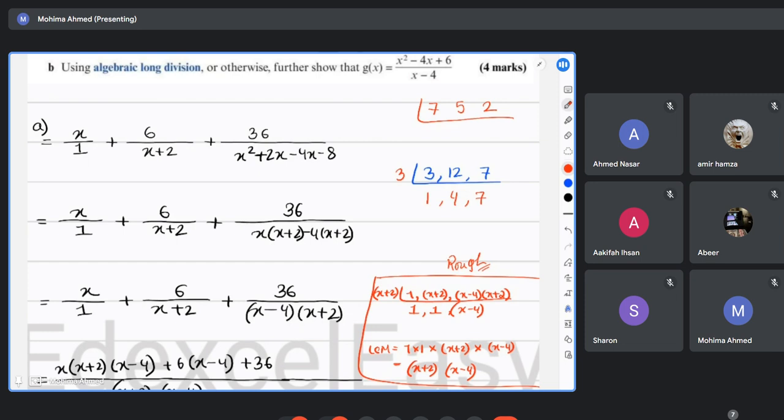Right. So in my LCM case, I will choose a common factor that could be used to divide all three numbers, or I will choose a common factor that could be used to at least divide two of the three numbers. Is this clear? Yes, miss. Now over here we had x plus 2, so we could use that to divide two of the three numbers. So that's why I took x plus 2.